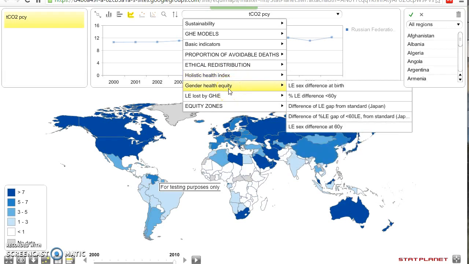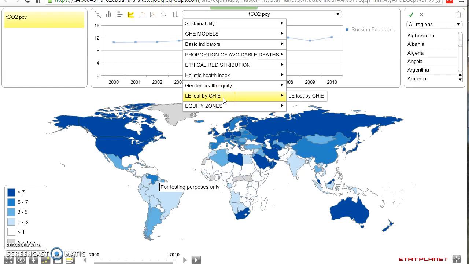There's even a group of indicators on gender health equity, how the life expectancy sex difference at birth or at 60 years features throughout the world and across time. Life expectancy lost to global health inequity, and the equity zones, in which equity zone, be it deficit, equity curve, excess, surplus or excess accumulation, have countries been